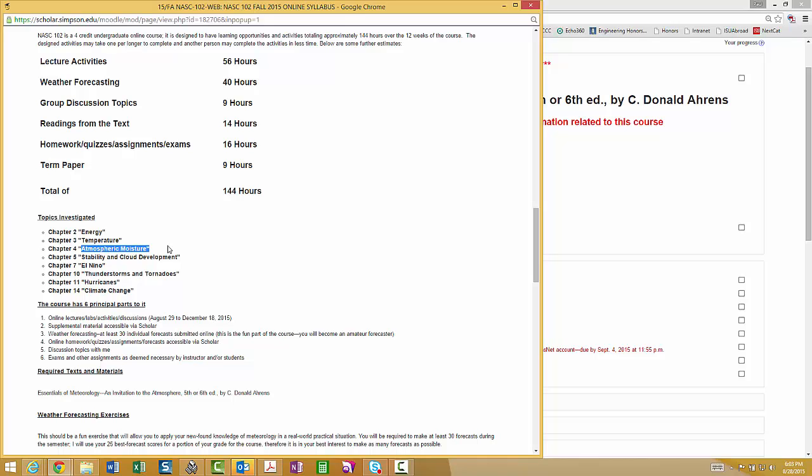But when you're forecasting the weather, you have to understand the concepts related to energy, and related to temperature, and related to moisture, and related to stability. So that's part of the crux of this forecasting exercise. It's taking concepts that you're going to learn about in this course and applying them in a real-world scenario, like weather forecasting. Everybody talks about the weather.